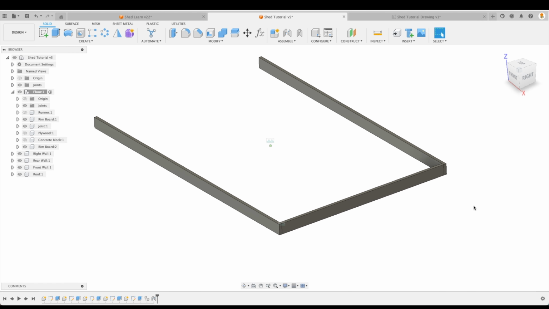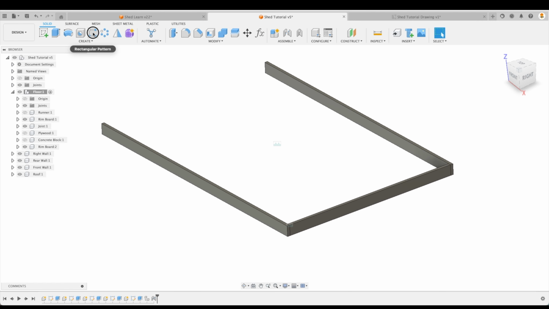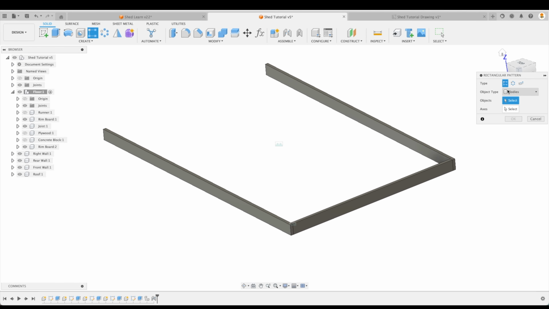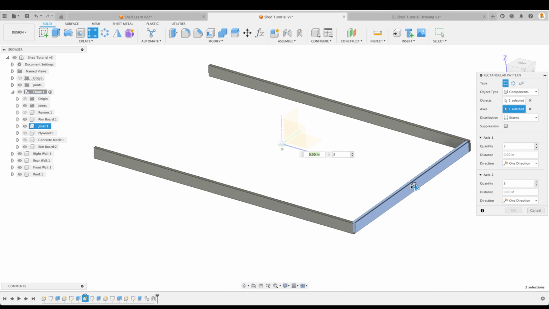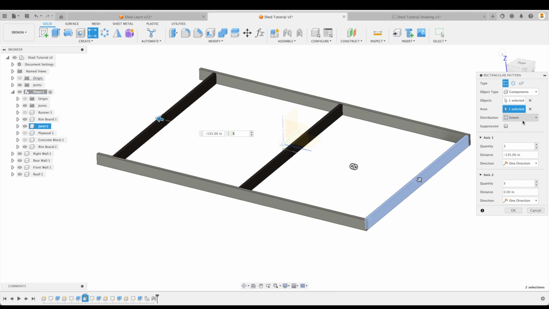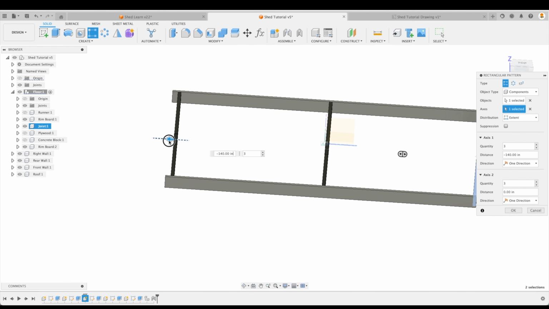So at this point, this is really cool because we can go to our rectangular pattern and select components as our object type. If we select bodies, we're going to be in trouble. It's not going to work out for us. So make sure if we're creating a pattern for components, well, we select components. So select our joist. And remember, if we can't select this directly, if there's a bunch of different parts, we can always select it in our browser. Pick our axis. We're going to move our arrow over. And let's go extent. This is going to go all the way to